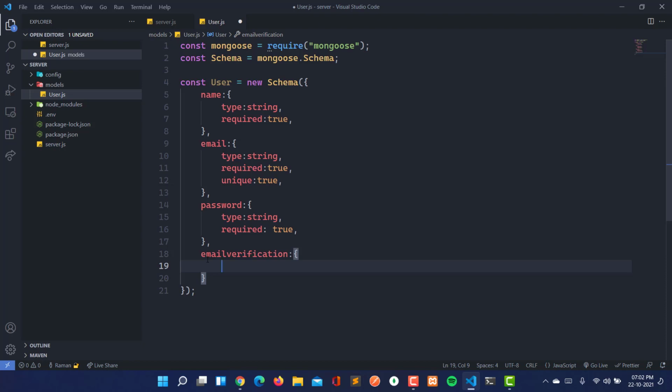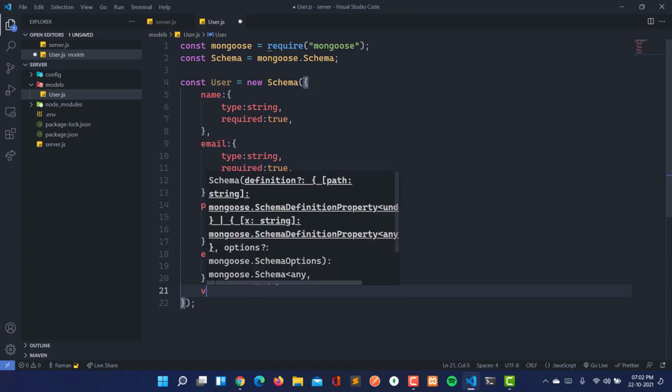Here this will be type string. The default would be null, so we actually don't need a default. Here just type will be string.